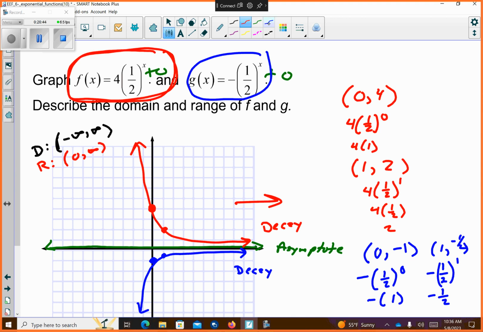But let's take a look at the blue. Where does this arrow point to? Negative infinity. So my range on this one's going to go from negative infinity to 0. Notice how it flip-flopped. Okay, you're talking about a vertical component with the range. Okay? So, my friends, I want to give you the opportunity to start working on these.